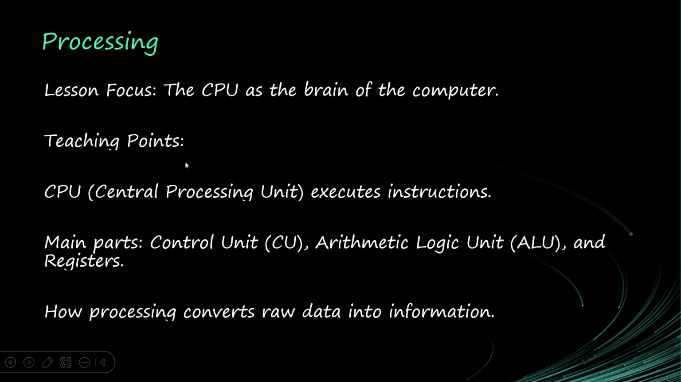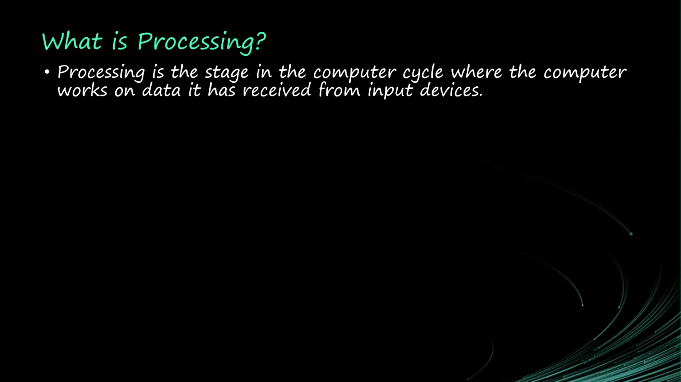So we also talk about how processing converts the raw data into information. So let's get to it. So what is processing? All right. Processing is the stage in the computer cycle. Remember, we talked about the computer cycle, the input, process, storage, and output cycle. All right. So process is the stage in the computer cycle where the computer works on data it has received